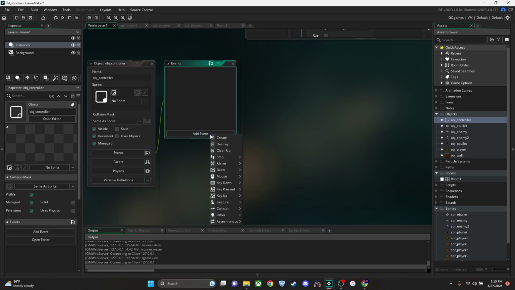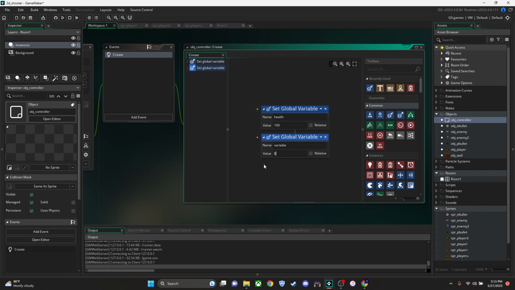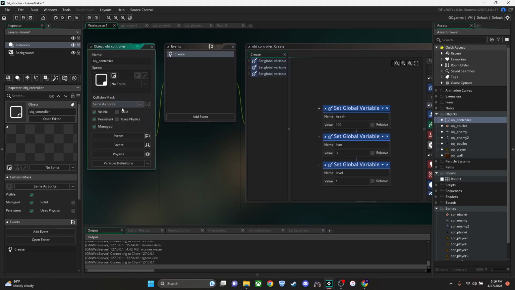So let's add event, create, and we're going to create some global variables. And again, they have to be global because other objects need to access this information. So let's call health 100, lives will be 3, and level will be 1. Okay. All right, we made sure that persistent is checked. Now let's go into the obj_player,